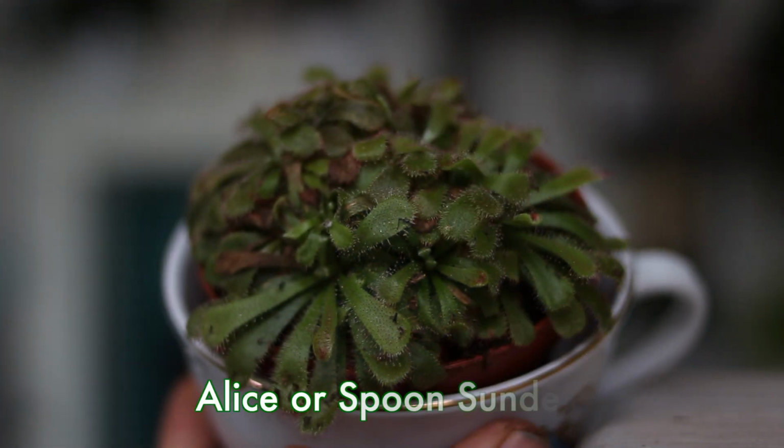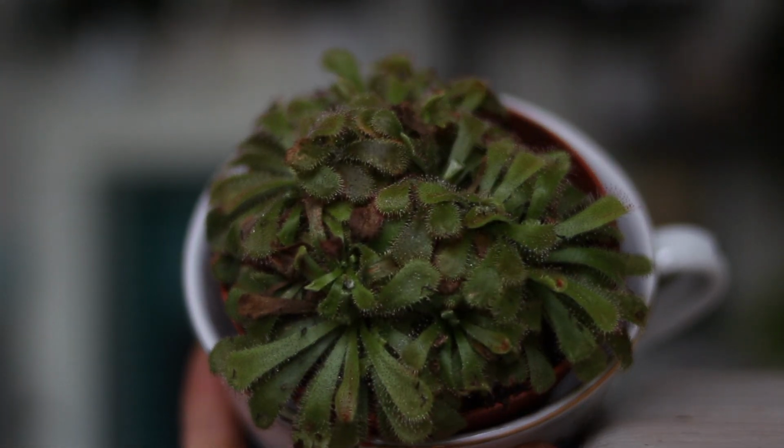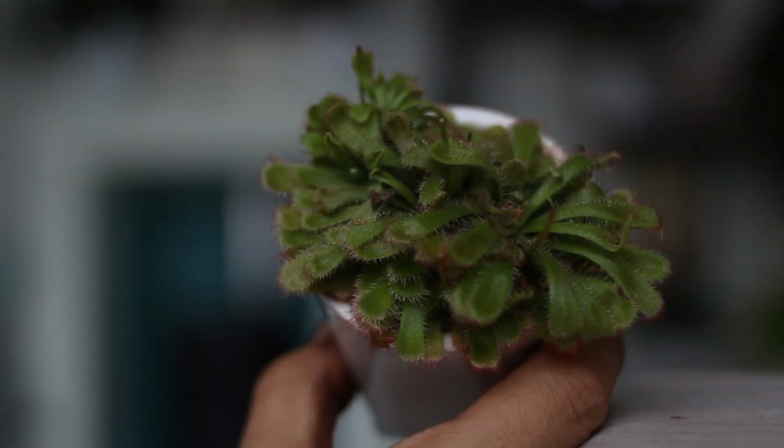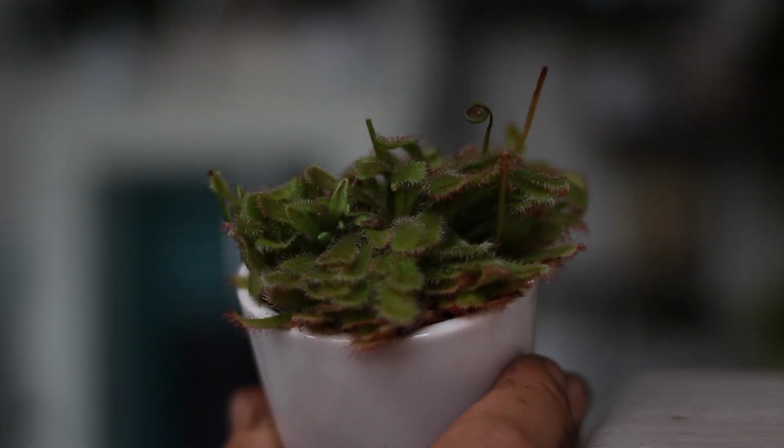So those are the little spritzy ones. And then I got this one, which is either an Alice or a spoon Drosera. I'm not quite sure. It's a little bit flatter. I figured it would eat more bugs because it has more surface. And I got another cute mini version of that as well that looks a little bit better because it was